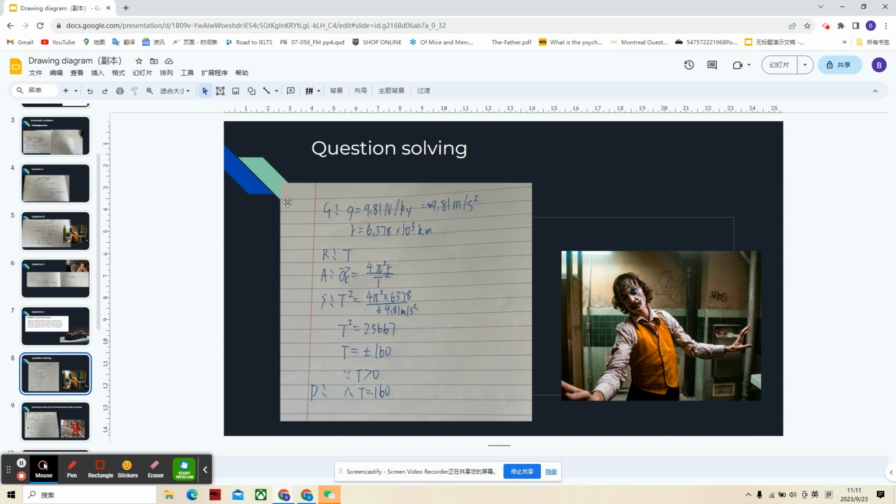And the radius is 6,378 kilometers. We're asking for the period, right? And according to the equations given for uniform circular motion, we found that the acceleration is equal to 4 pi squared r over T squared, which fits best because it has all the conditions combined. Therefore, we substitute: T squared equals 4 pi squared multiplied by 6,378 kilometers over 9.81 meters per second squared, which means T squared is equal to